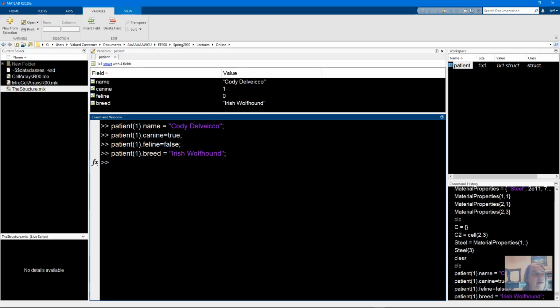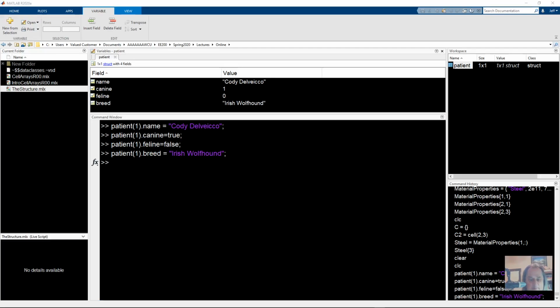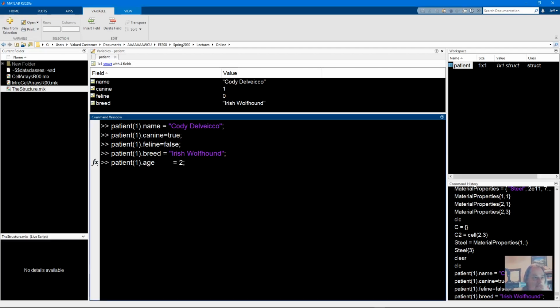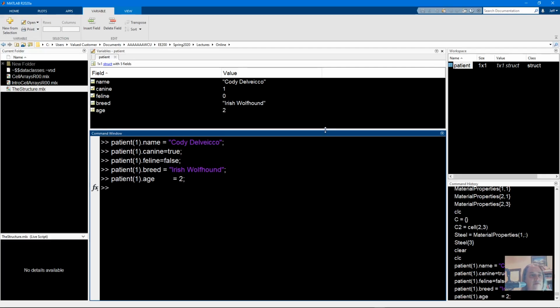So that's a string, so we have a new field name added to the structure patient. I'm going to continue and add, how about age? Yes, that would be useful for the veterinarian practice to know. So now we have 2 strings, 2 logicals, 1 numerical, and